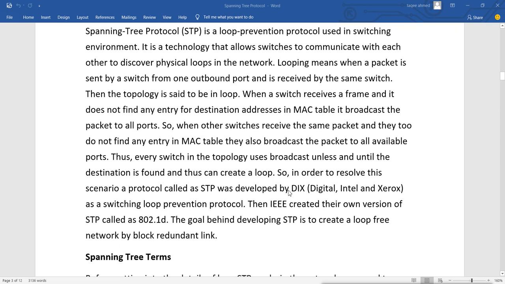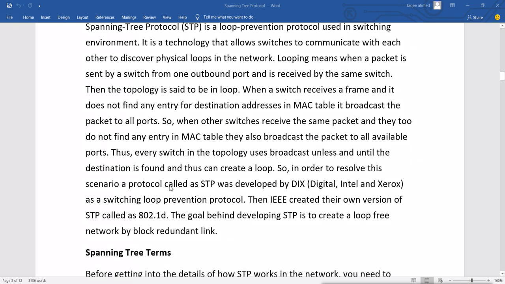loop. So in order to resolve this scenario, a protocol called STP was developed by DIX. Now DIX means Digital, Intel and Xerox. This is what the combination of these organizations is called, DIX, and they developed this STP protocol as a switching loop prevention protocol.